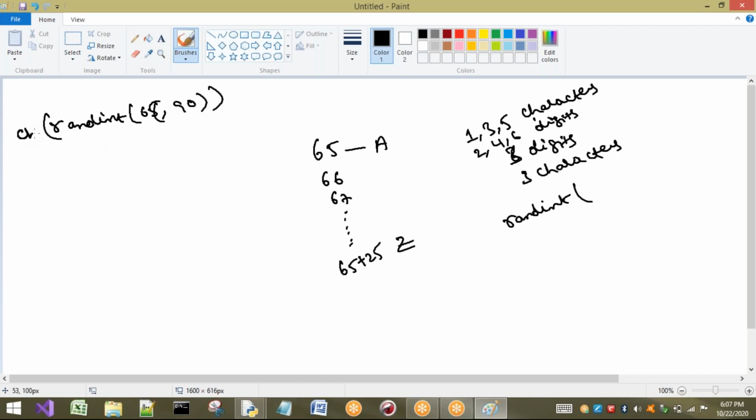I want to convert it to a character. So among 65 to 90, it is going to take any one random number, and it is converted using chr. That means it converts into a character. For example, it has generated G. Next, for the second one, is it a character? No, it is a digit, so I will not take this one. I will take randint of some numbers from 0 to 9, so I will take 10 here. randint of 10 generates any one number. Let us take 9.